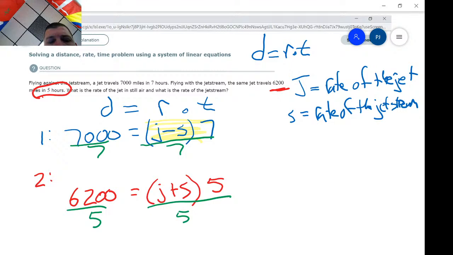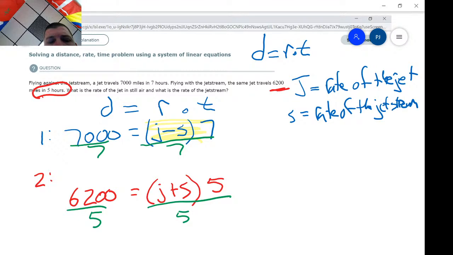1,000 equals J minus S. And equation 2, we're going to use our calculator here, so 6,200 divided by 5 gives me 1,240. And this equals J plus S. Now the nice thing about this scenario is that I have an easy set of equations to use elimination. So I'm going to add these two together. So 1,000 plus 1,240 is going to be